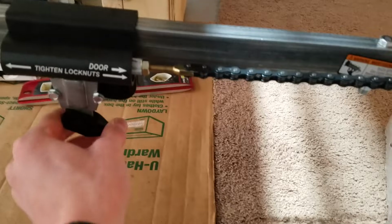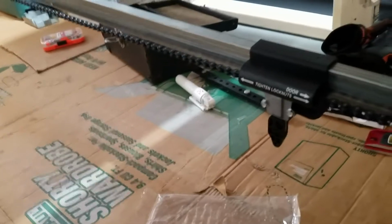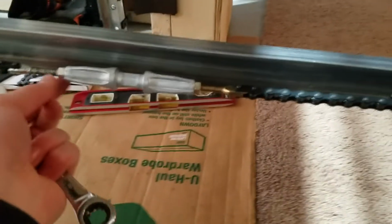Alright, so adjusting the chain on this thing is really not the easiest thing to do in the world. But you've got your turnbuckle and your two lock nuts. This takes a 7/16 wrench, so the first thing that we're going to do is loosen our lock nuts. Just turn them up toward the ceiling. And then you're going to have to take a pair of vice grips and